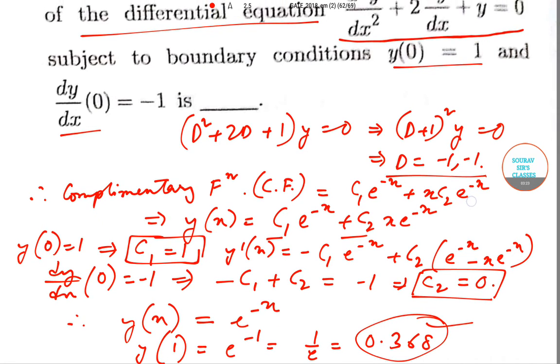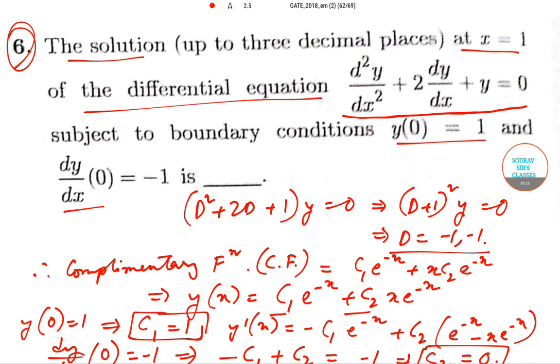So today we have solved question number 6 of the engineering mathematics portion of the civil engineering paper of year 2018. With this we have solved all the engineering mathematics questions from the civil engineering GATE exam paper of year 2018 of the morning shift. We'll be solving the engineering mathematics questions of the afternoon shift of the same branch in the